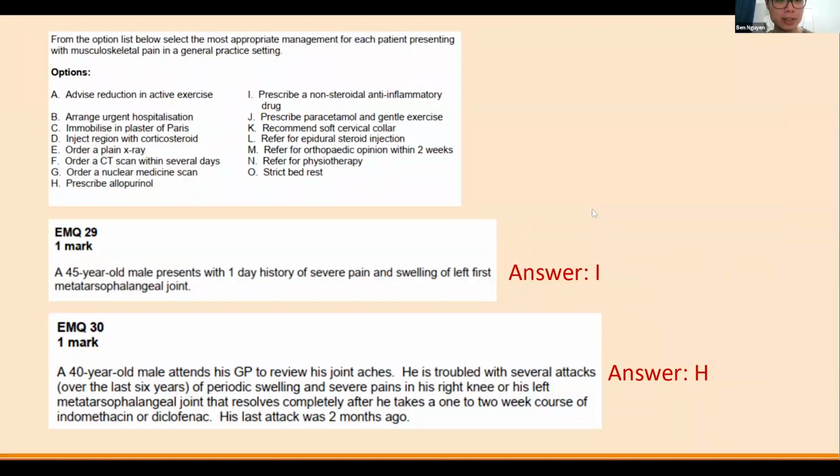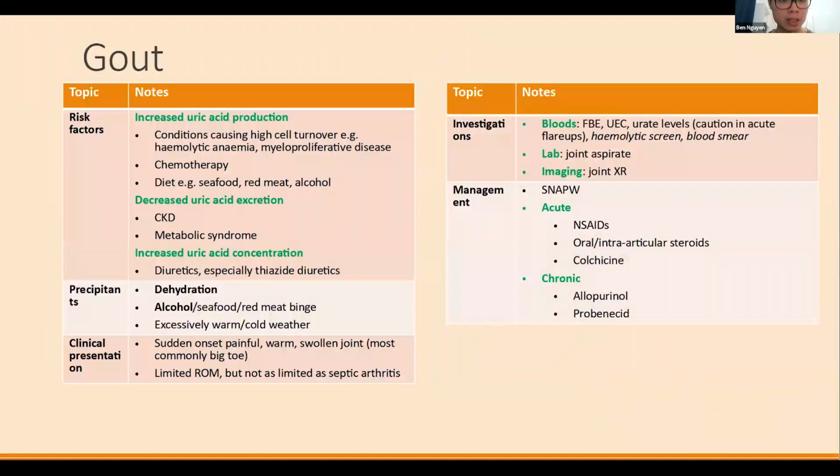So question 29 is I. So first of all, the diagnosis is gout. And NSAIDs would be the first line option for the management of acute gout. And question 30 is H. So he's already been getting acute gout flares, and they're not controlled on just simple analgesia. So you want to start them on allopurinol for chronic management. Okay,